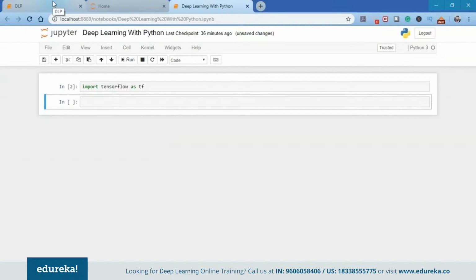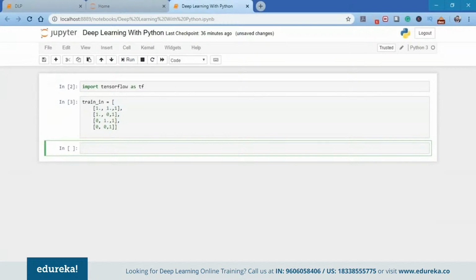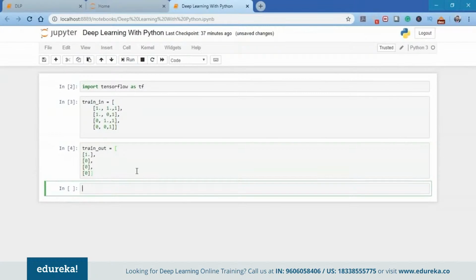Once we have imported TensorFlow, we're going to define the vector variables for the input and output. I will create the variables for storing the input, outputs, and the bias for my perceptron. Here I have the training input and here I have the training output.